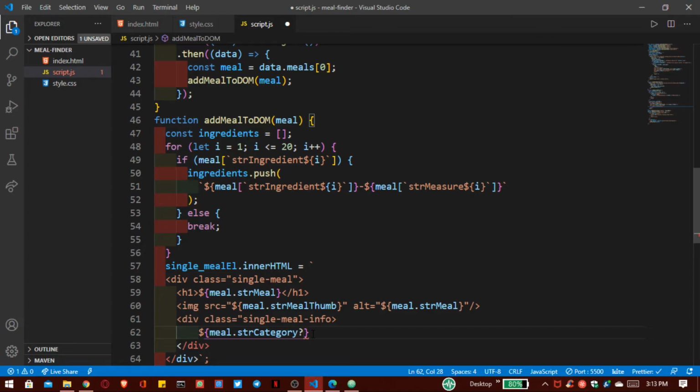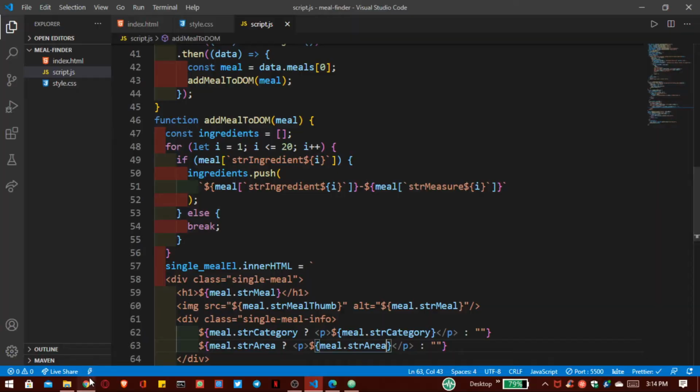If we have it, then we have to print it inside this paragraph. Otherwise we print nothing. Same for our area. Save this.